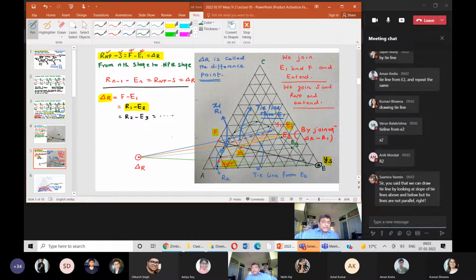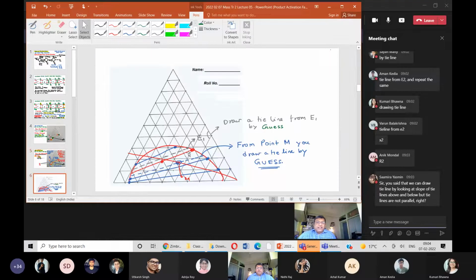No, not parallel. Certainly not parallel, Samira. So when you are, see, two things. Certainly not parallel. So how did I draw this tie line over here? I saw that here the gap is more, here the gap is less. So proportionally, there is no way of doing anything mathematically. It's going to be a little bit of guesswork. So if you have tie lines like this and want to draw a tie line in between, you simply have to draw something like this. Is it clear?